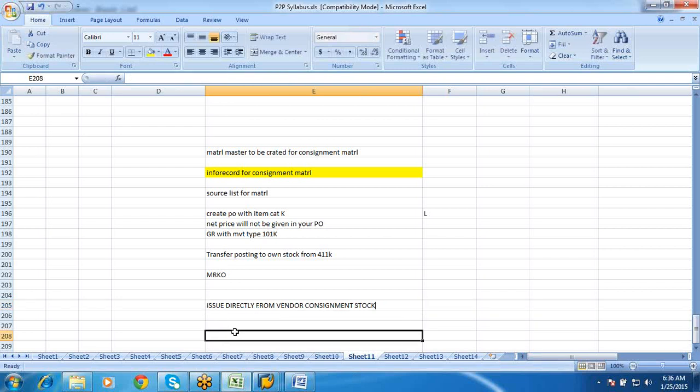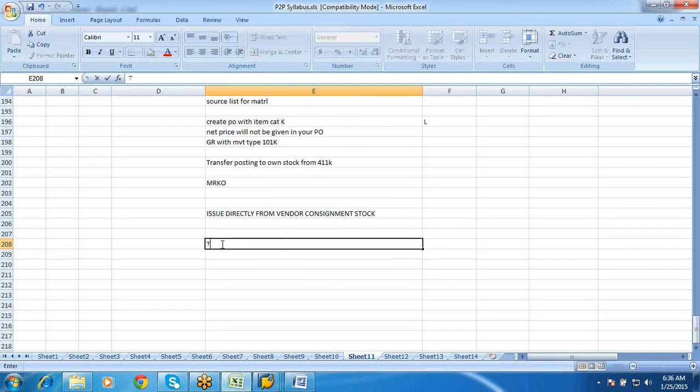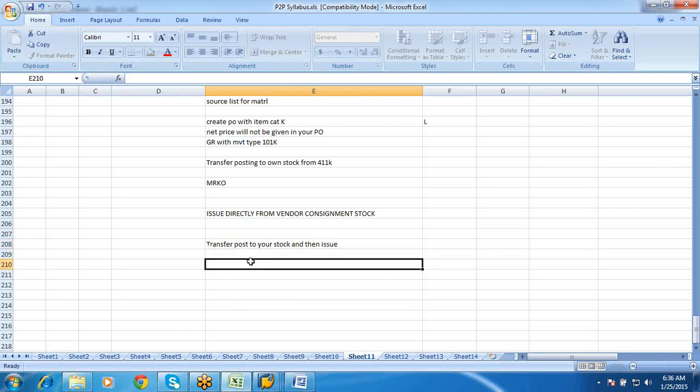The second one is you can transfer post to your stock and then issue. So there are two ways of doing it.